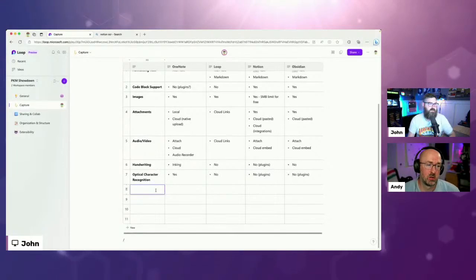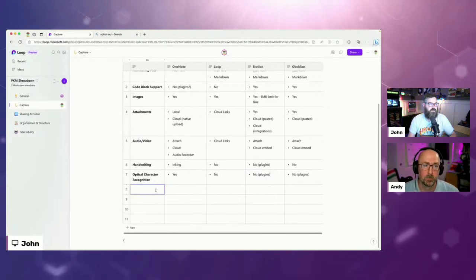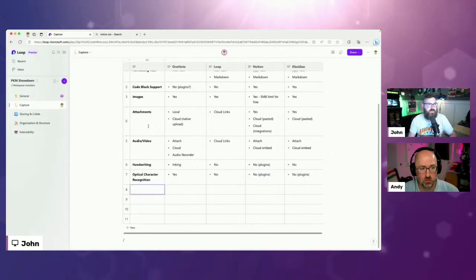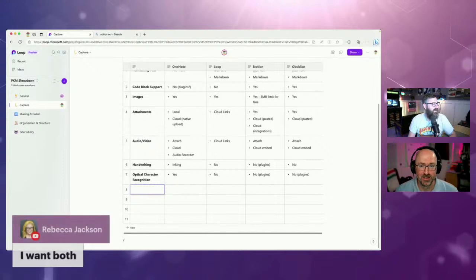That's when it starts to be one of those context switches that we talk about, and that friction of, oh well, I'm on the Loop component. Where's the drawing I did? Oh, it's over in the other place, and you have to reverse yourself. As Rebecca said, I want both. Yep. It should be two-way. Can we just have it all?